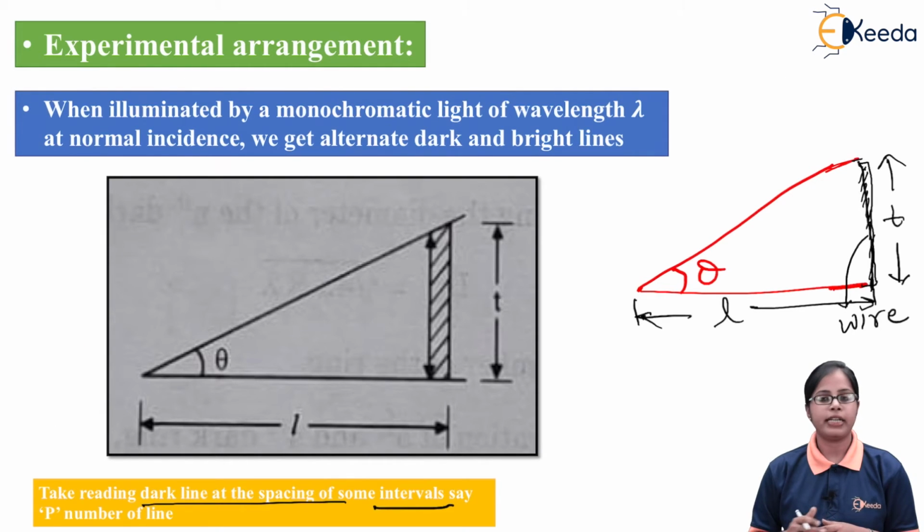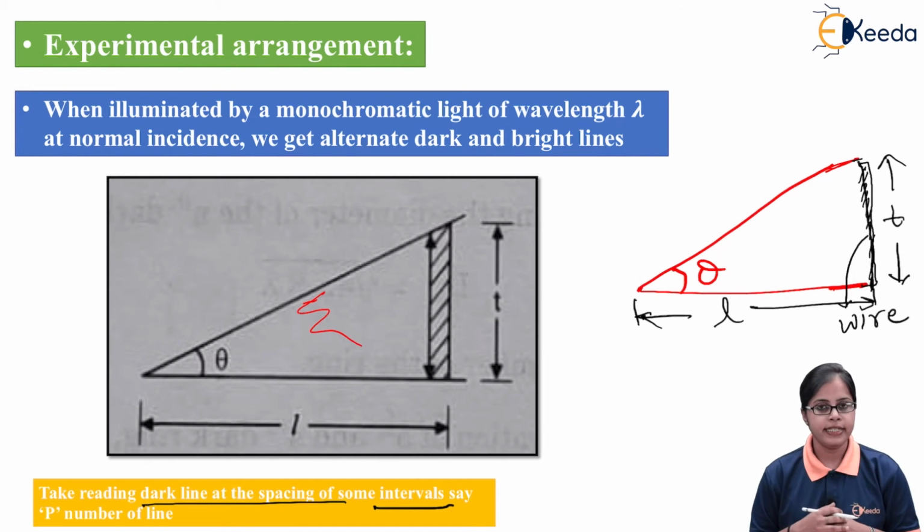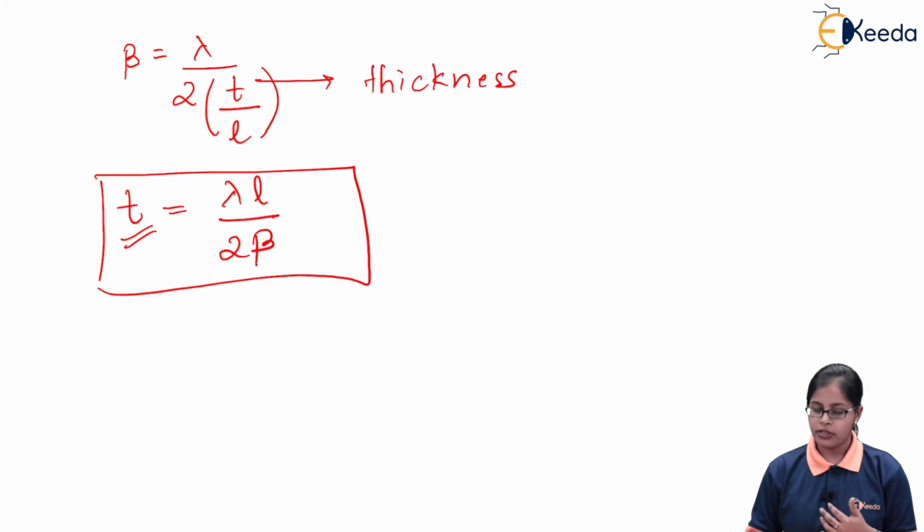And we have to keep in mind that whenever we make the arrangement of two glass plates which are optically flat and represent a wedge shaped film, we allow monochromatic light to fall on it, and we get alternate bright and dark bands in the air film, giving the interference pattern in the form of lines. So we are calculating the thickness of the thin wire or foil with the help of the concept of interference due to thin film.